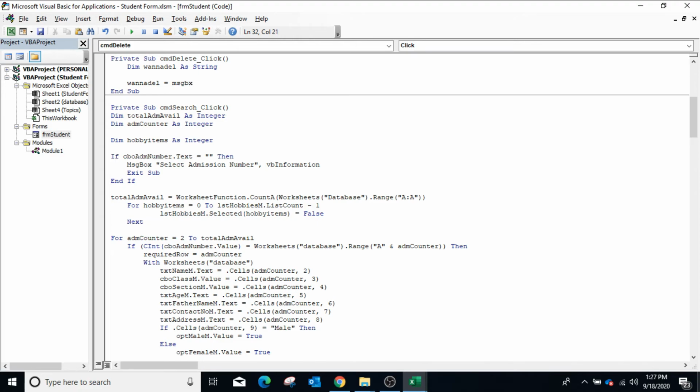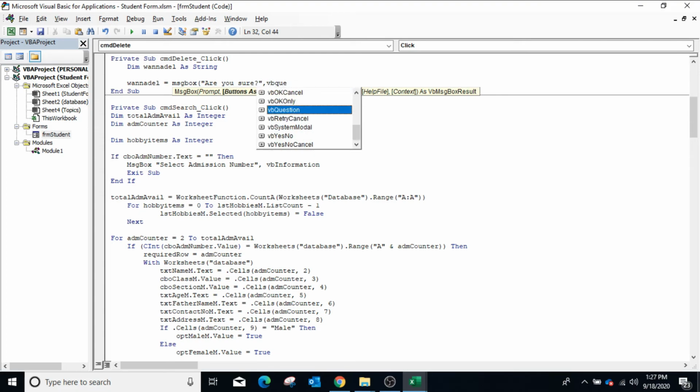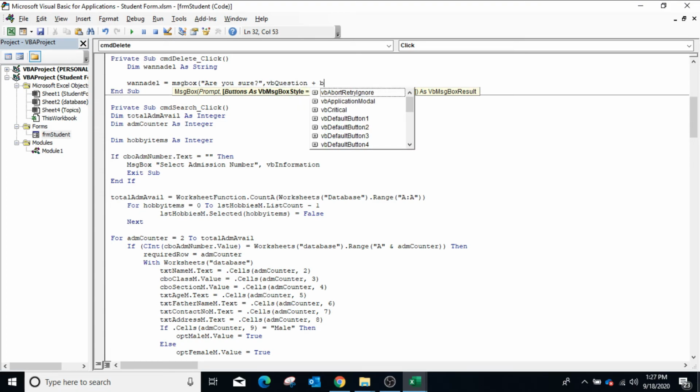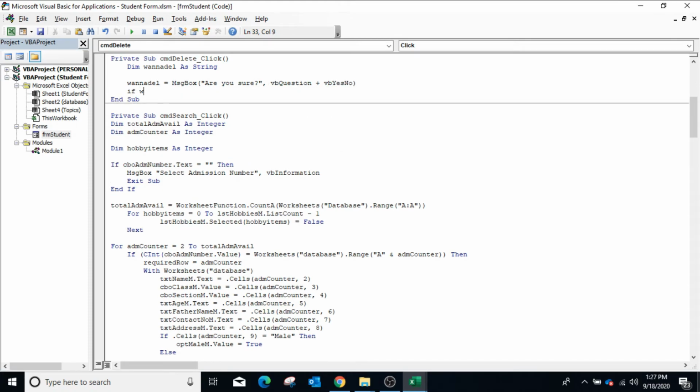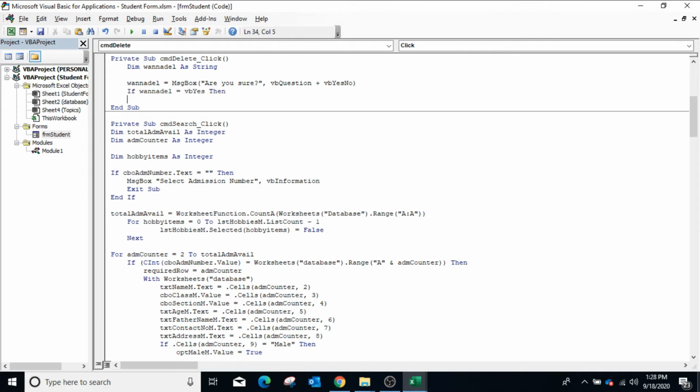So message box, are you sure?, vbQuestion plus vbYesNo. Check the user action. So if del is equals to vbYes, then we will delete the row.